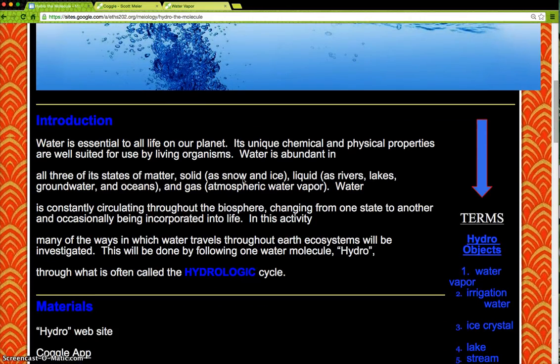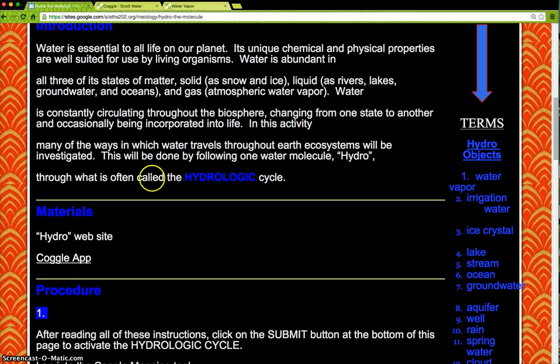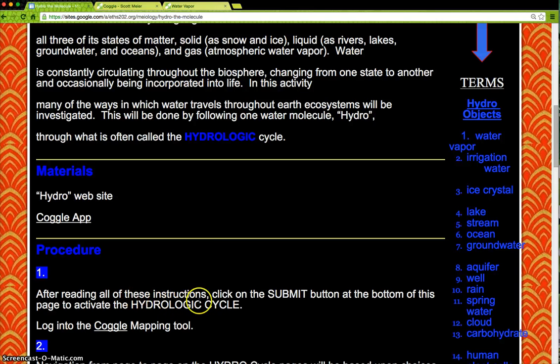You'll read down, you'll see all the instructions that are listed. And under the materials, you'll see the Hydro website, which you are almost on, and then the Coggle app. The Coggle app is a mind mapping tool or a concept mapping tool that you will be using today to actually map out the hydrologic cycle. So what I'd like you to do is click on the Coggle app, and that'll actually bring you to